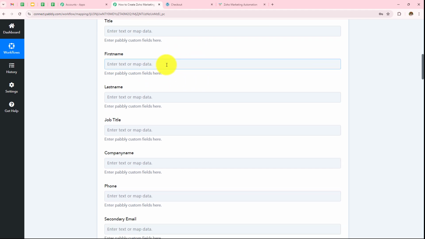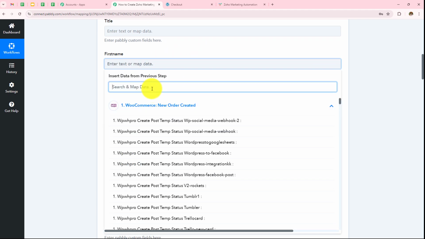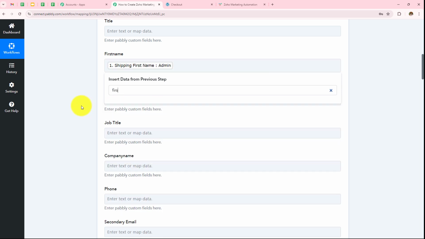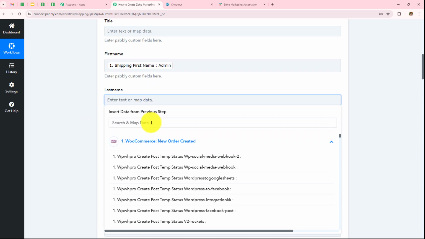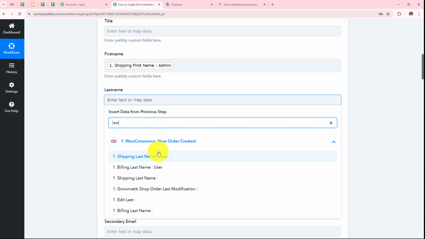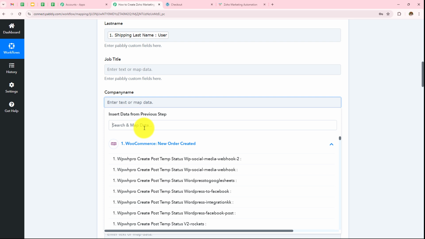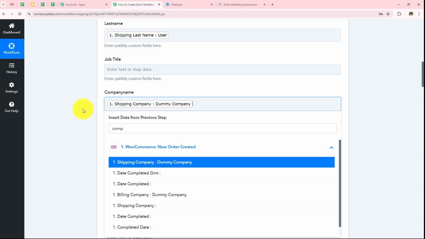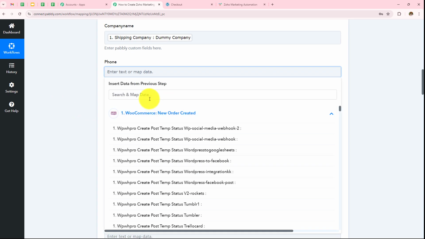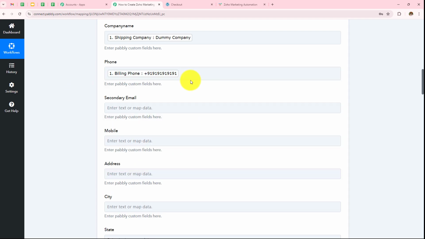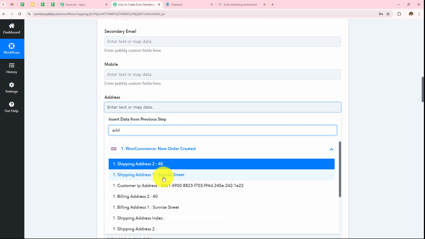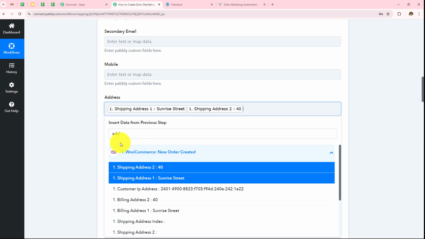Now I am leaving this field blank as this is not required one and I have not received any response for this. Then map my first name as admin and then my last name as user and then I am leaving this field blank and then my company name as dummy company and then my phone number as this one and then my address as Sunrise Street 40.